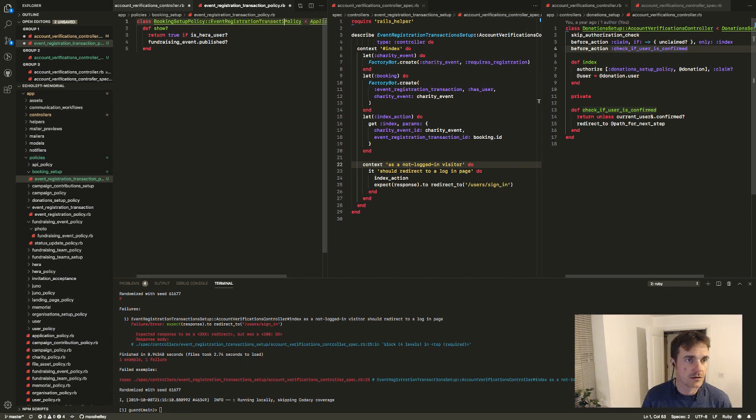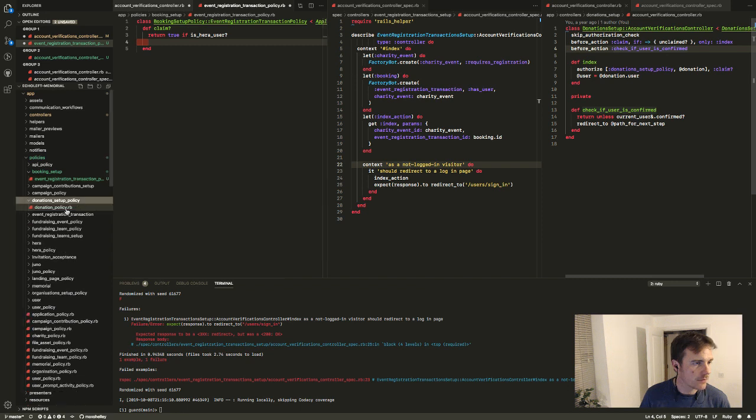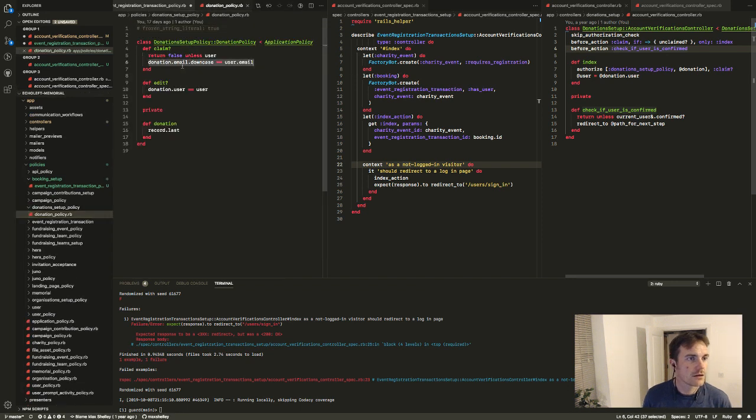registration transaction policy, and it is one's on claim, so I'm going to do the same thing. And I can actually go in and grab that one out, which would be easier. There we go. So that's the